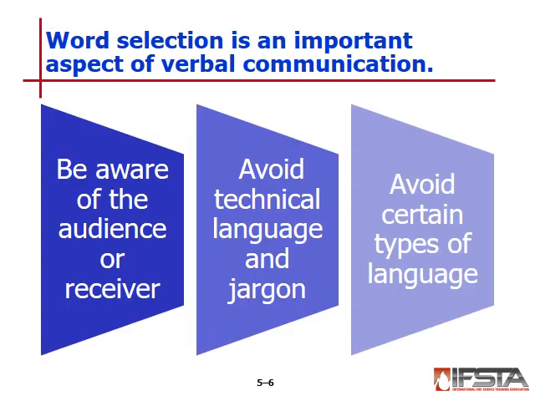Let's look at the verbal components. Company officers must use words that accurately symbolize images that they are trying to convey. Always beware of the audience or receiver. Word selection is particularly important when speaking to people who do not have a shared experience with the speaker. Avoid technical language and fire service jargon when speaking with such groups as the public, elected officials, and media, or others from outside agencies. Avoid language that might be considered offensive, gender biased, or racist, or otherwise stereotyped.